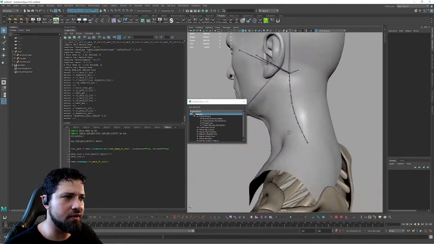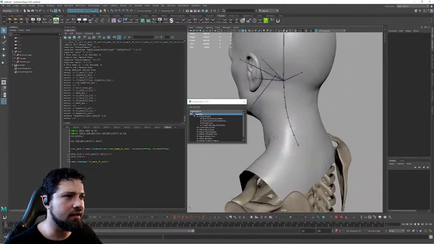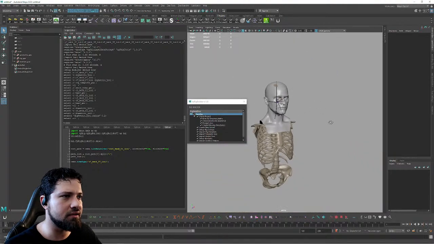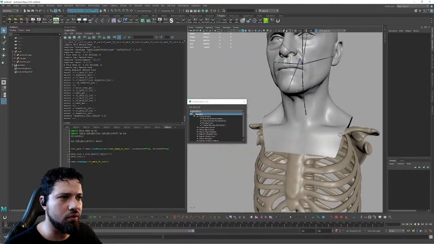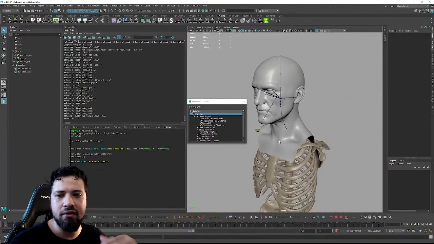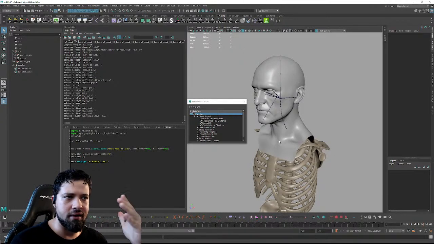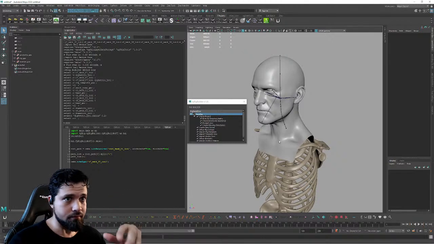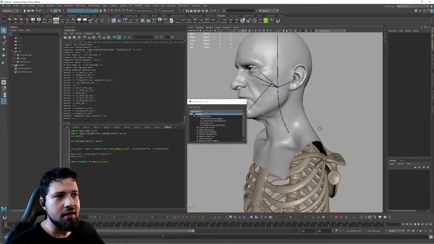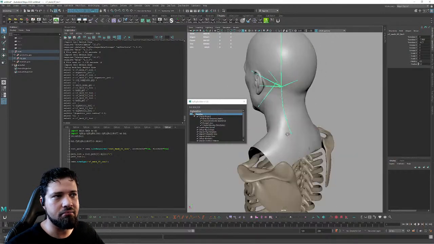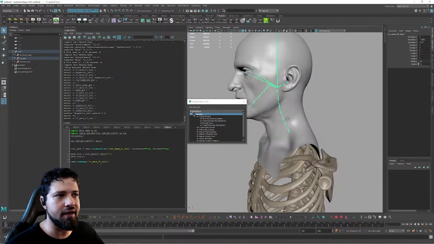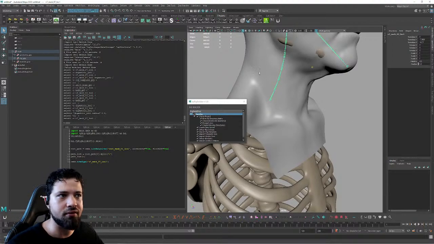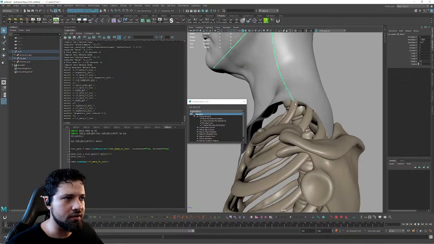I also need to figure out if we should have a clavicle in place, or if we should continue to make this skeleton, the base skeleton, more robust. Because I don't know how we are going to be parenting this into a body rig at the end, or if this is also going to already be a full body rig. These are things that I don't have the answer to. I know that for the head to work, we need all the way to the end of the neck. But if we don't have a clavicle, it's weird not to have the movement of the clavicles, right? So what I will do is